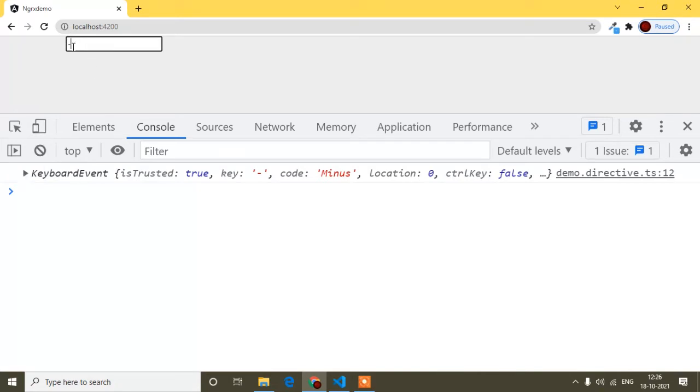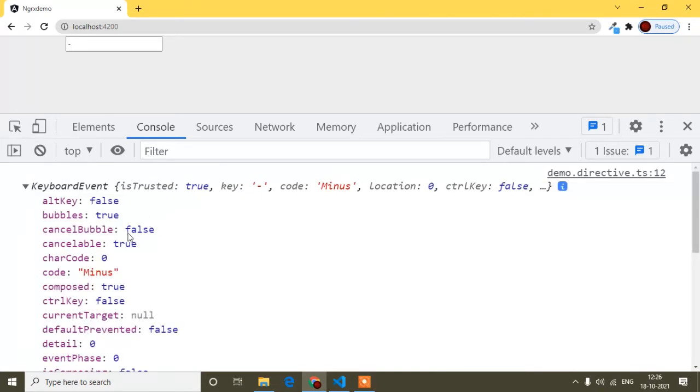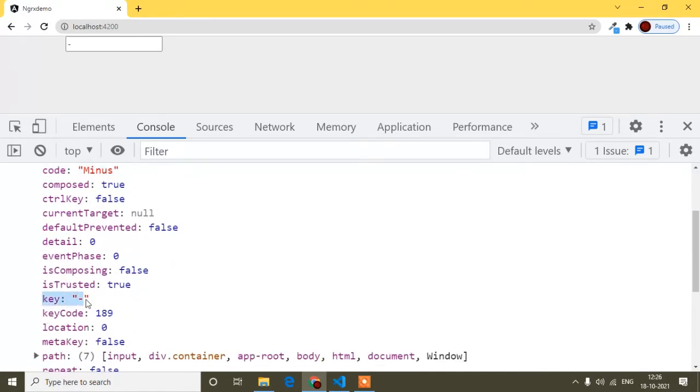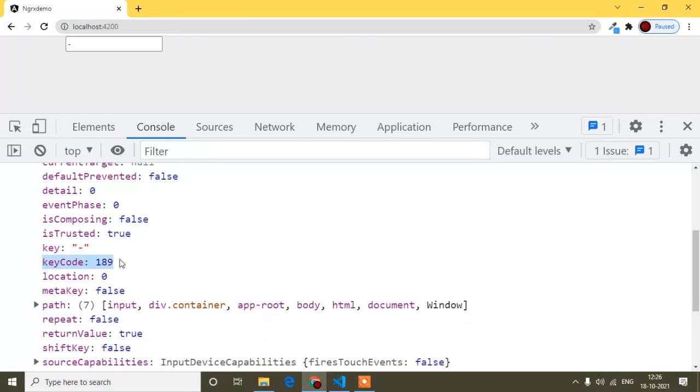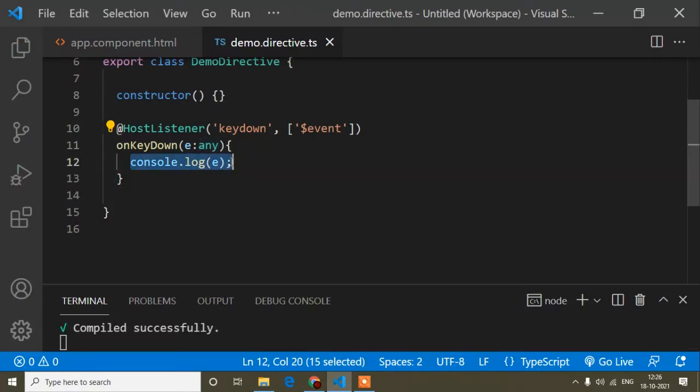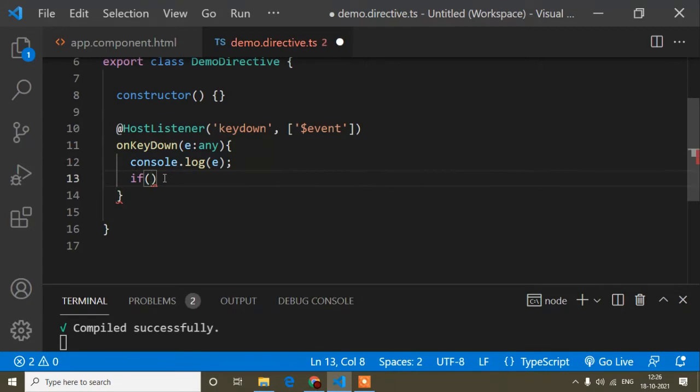Now you can see when I press minus, what I am getting here: code is Minus, key is the minus sign, and key code is 189, right? So here I will write an if condition. You can take any one of these three, but I will take all three using the AND separator.